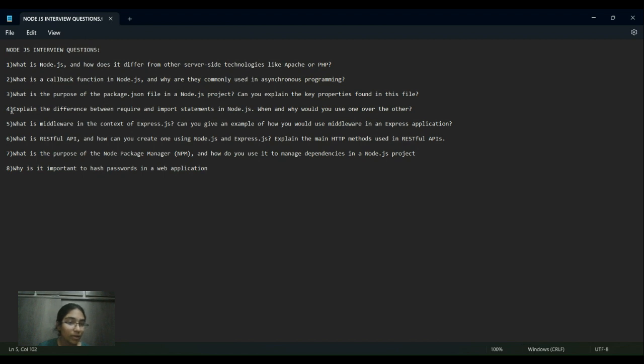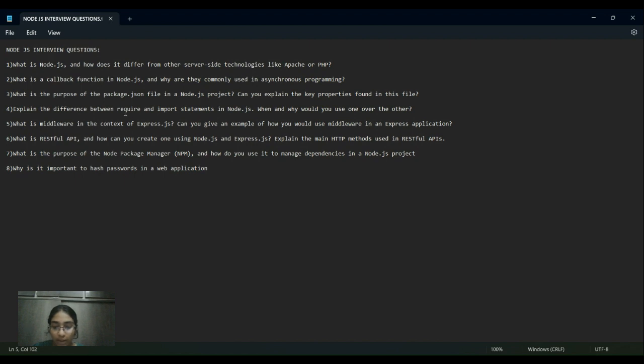Okay, now let's go to the fourth question: what is the difference between require and import in Node.js, and when and why would we use them? The require statement is the traditional way of including modules in Node.js, and it is used to import the packages required for our project.